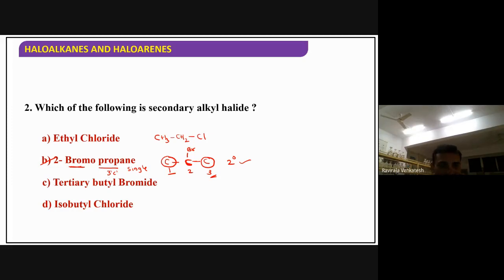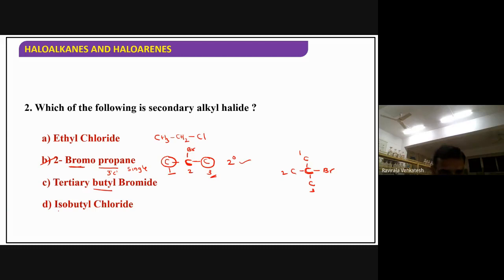Now how to make the structure? Tertiary itself is giving the answer. Tertiary butyl means a carbon. What is a tertiary carbon? A carbon bonded to 3 carbons is called tertiary. Now this one is bonded to bromine. So halogen bonded carbon is bonded to how many carbons? 2 carbon, 3 carbon. Therefore it is called tertiary butyl bromide. Okay. Total number of carbons are how many? 1, 2, 3, 4. Call this one a butyl.